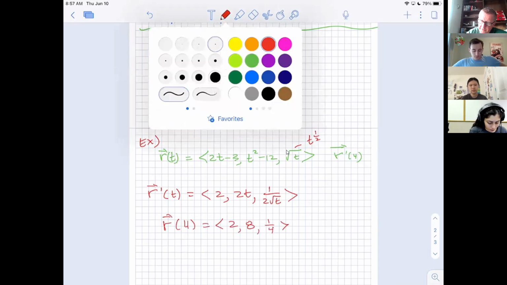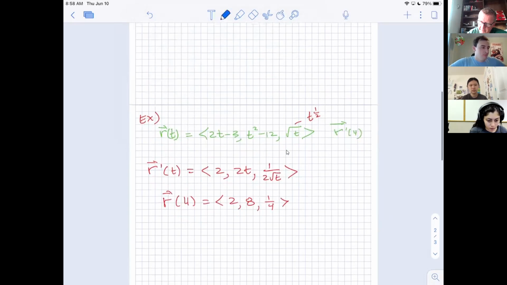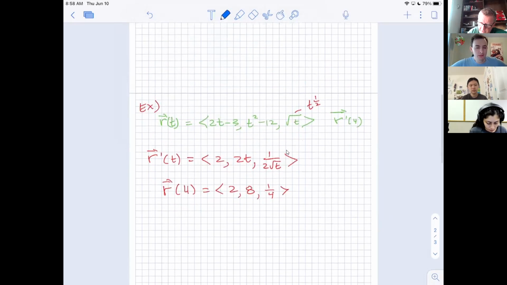So one of the questions you asked in your assignment, which isn't a huge leap above this, but I just want to see if you can survive this. Could you actually find the equation for the line tangent to